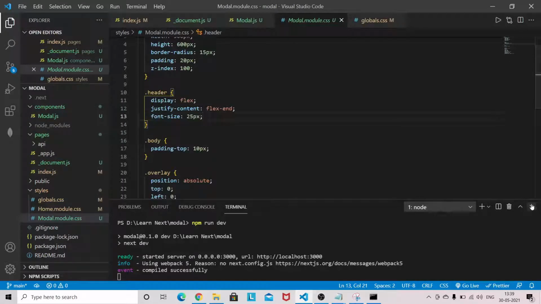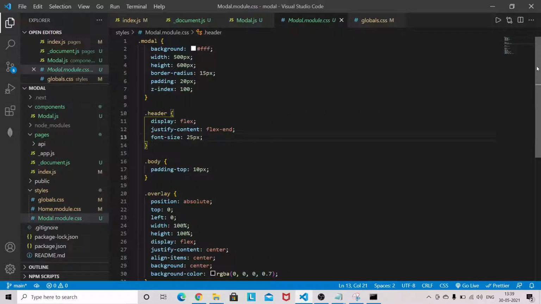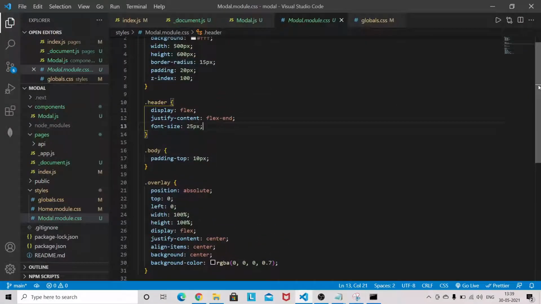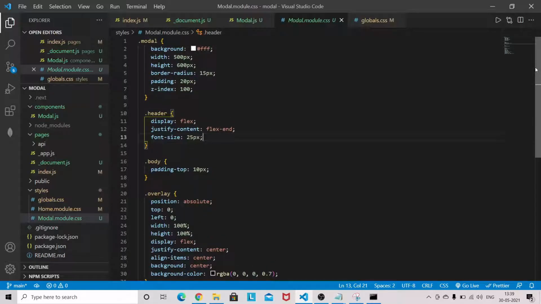This is the basic styling, just 30 lines of code. You can copy this styling, which is responsible for displaying the modal.